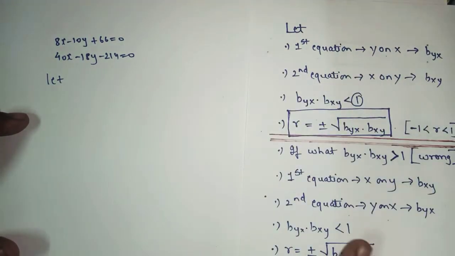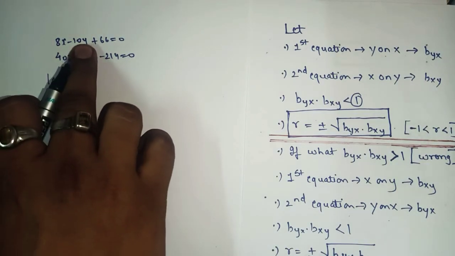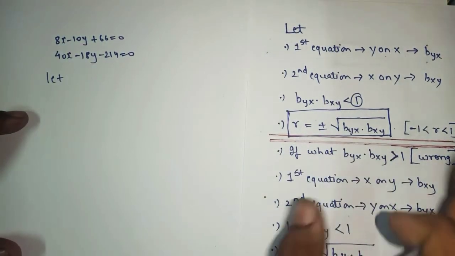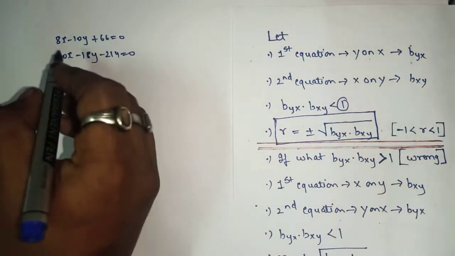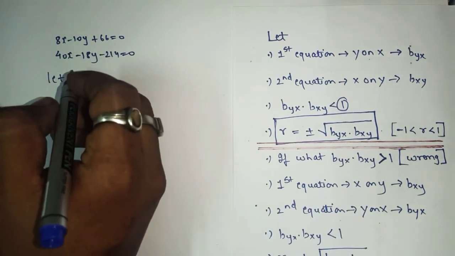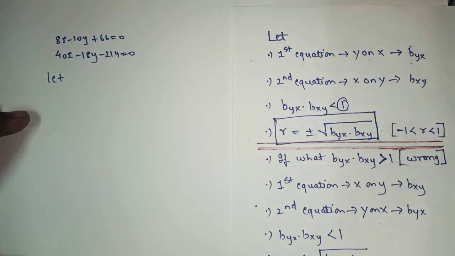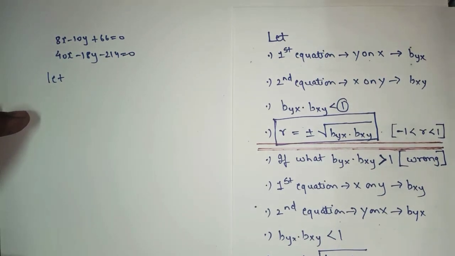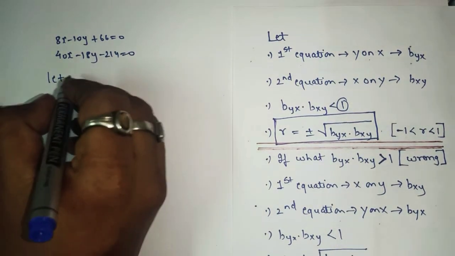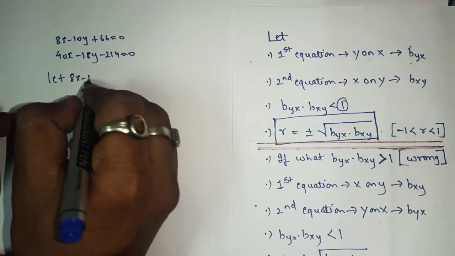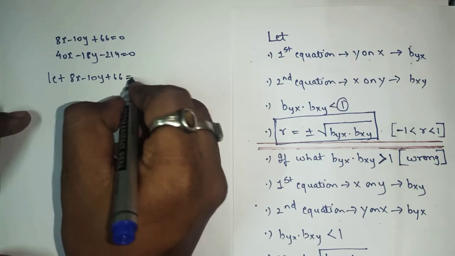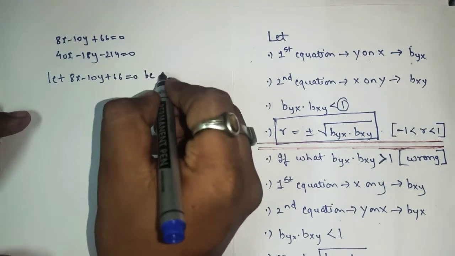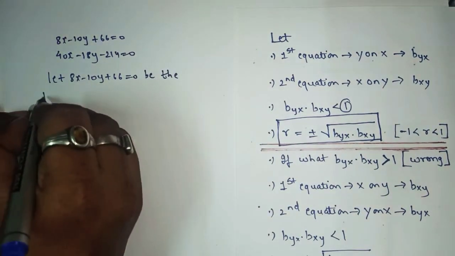You can consider the first equation as x on y also, it is up to you, but I will say you have to follow these 4 steps to get the proper answer. So we'll consider the first equation as y on x. Understood? So now let 8x minus 10y plus 66 equals 0 be the